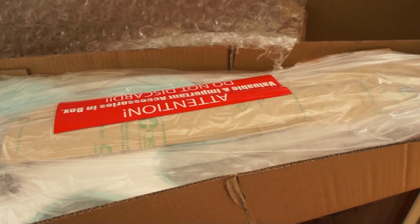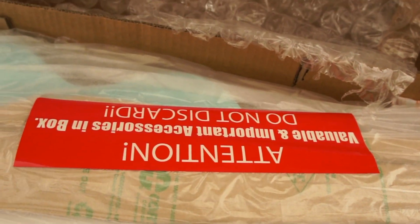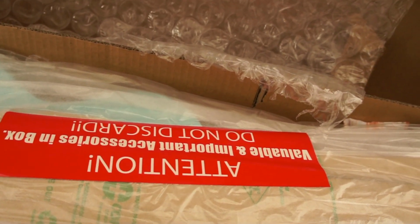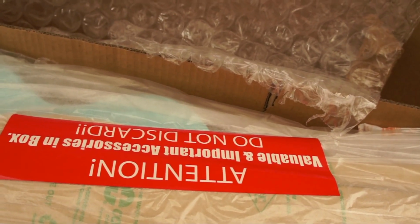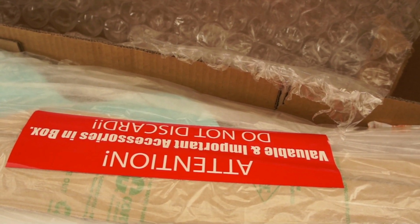Aha! Attention! Valuable and important accessories in box. Do not discard. That message is actually pretty well timed because when I went to the music shop, I actually